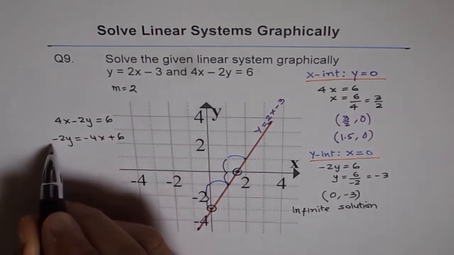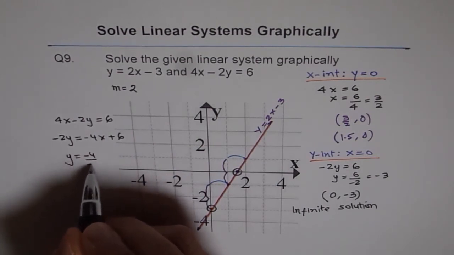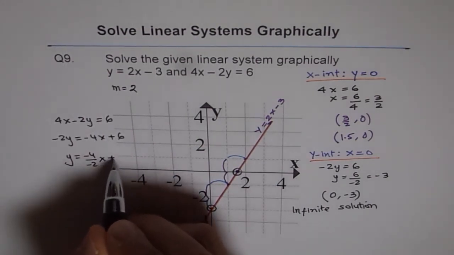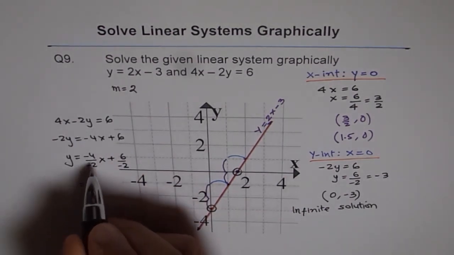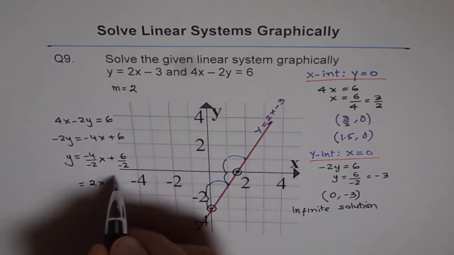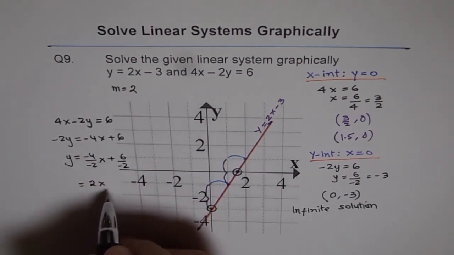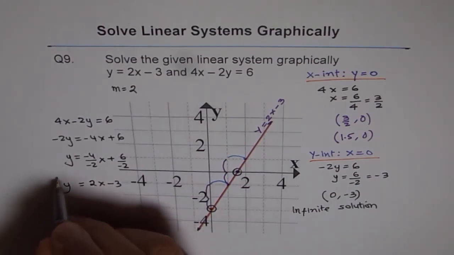And if I divide by minus 2, I get y equals minus 4 over minus 2 x plus 6 over minus 2. Minus minus is plus, 4 divided by 2 is 2, so it gives me 2x, and 6 divided by minus 2 is minus 3. So we get y equals 2x minus 3,